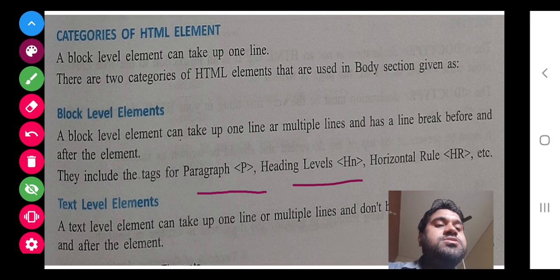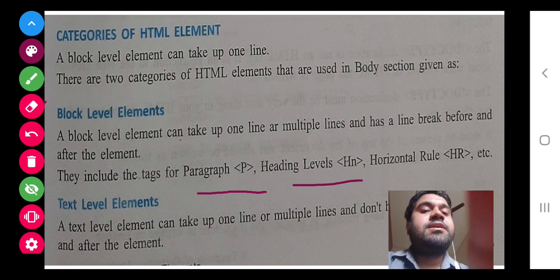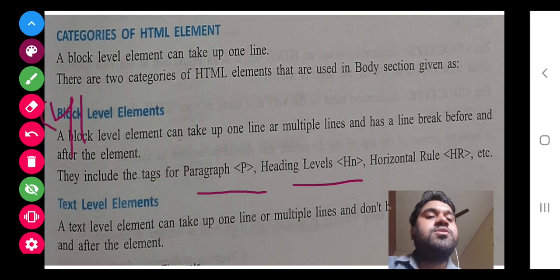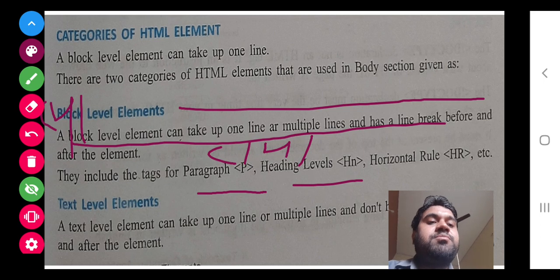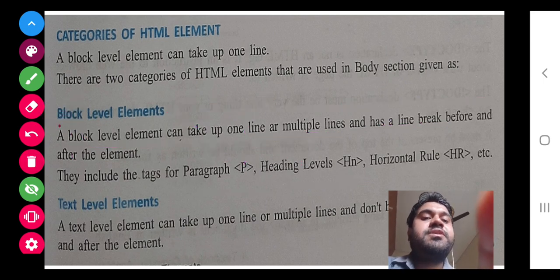Same with the heading also. If you are writing h1 here and closing it with h1 here, then all this line will appear here, not in a browser, it will come as a result just after this. But if you want to have a heading here only, then you will close the heading here. Are you getting?